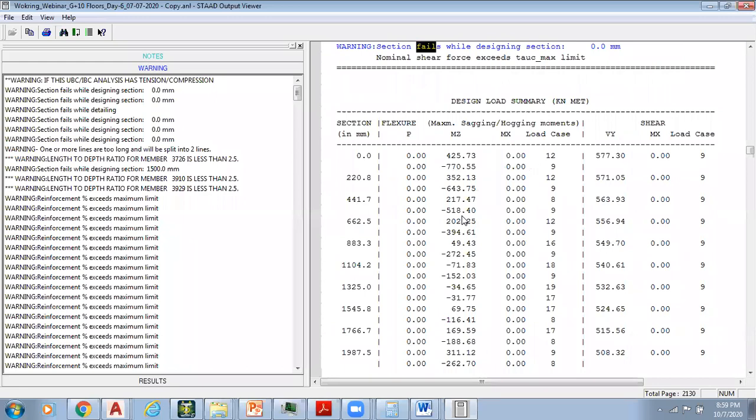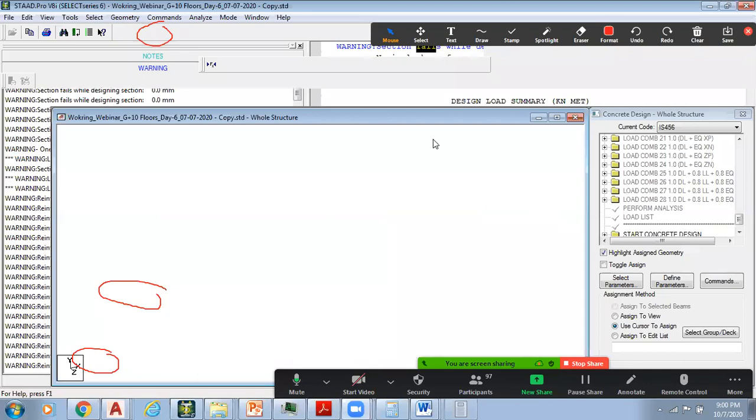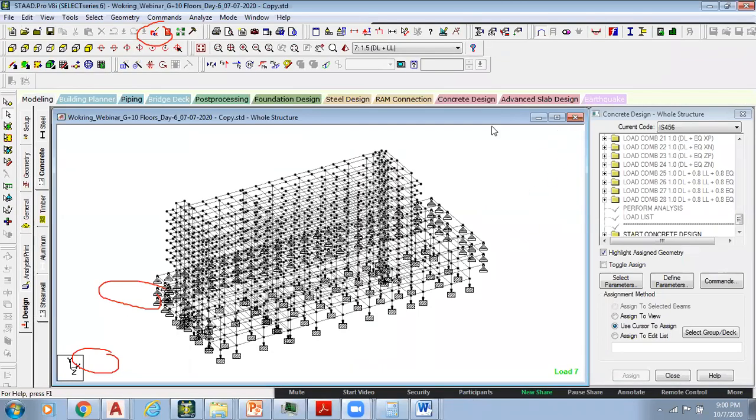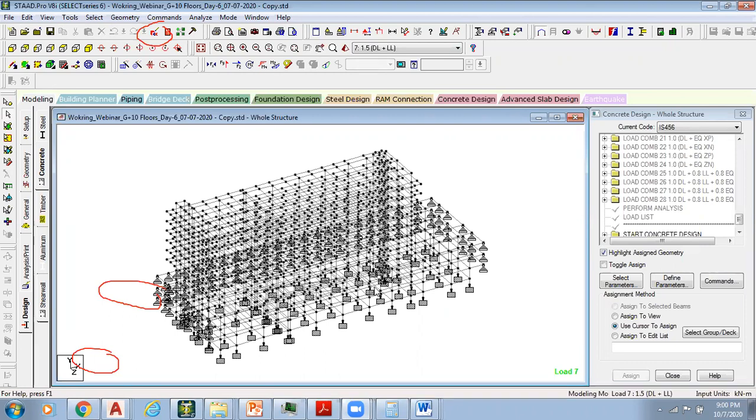So tomorrow we will go in depth into this. Why those members are failed, and how we can rectify them, will be discussed tomorrow, right? I don't want to just further continue it. I actually wanted to finish this and explain something more about earthquake. I don't think I can cover it for today. I also don't want you to be exhausted, right? So now I'm going to stop it. Can I stop now? Yes, we will now stop.